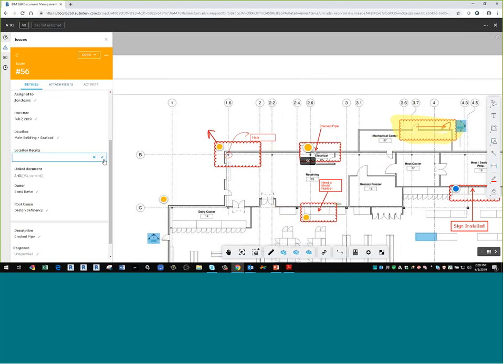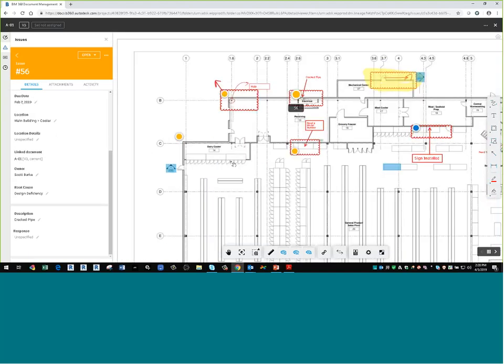And if there's any location information, I could come in here and specify where in the building that is. If there's a location, right here it's in the seafood area, or I could change that to maybe that's actually not in the seafood area, but down in, let's see, we'll just call it down in the cooler here. So that's where that really is. And I do those things because then I can filter my issues by where things are. So now I'm tracking issues, RFIs, everything on the site here. If I want to create a new one,